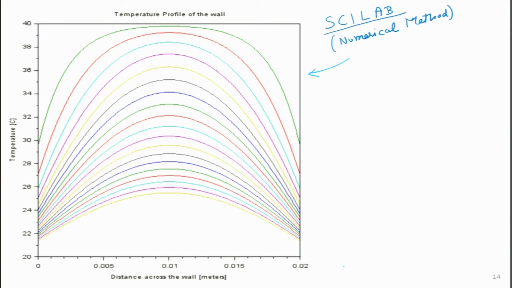So, this is a code which I have written in Scilab, and here again the initial condition we have taken is that the wall throughout is at 40 degrees centigrade. So, this is the initial temperature of the wall that I am drawing with light blue color over here, and with progression of time. So, this is how time progresses over here. So, this is the actual solution of this particular problem which I was trying to do approximately over there.